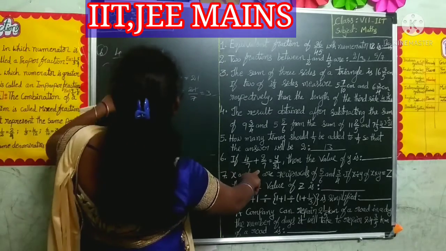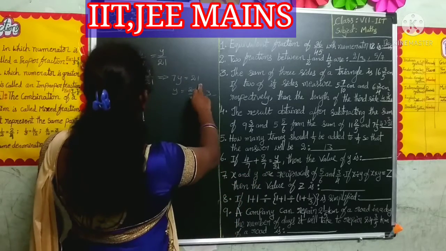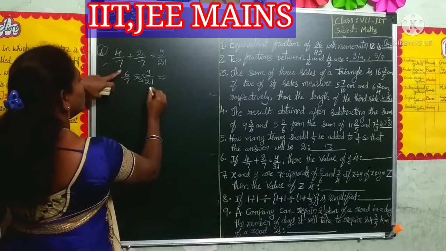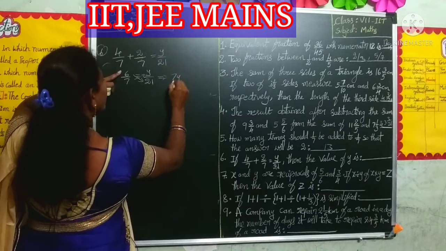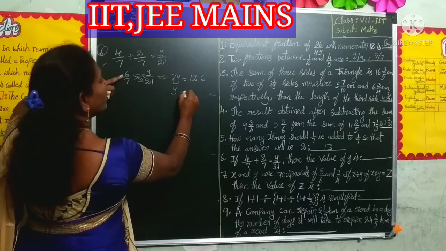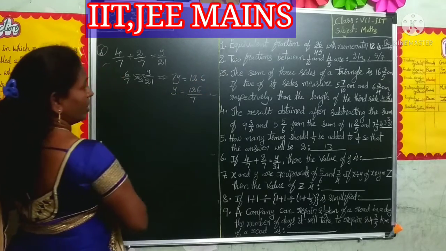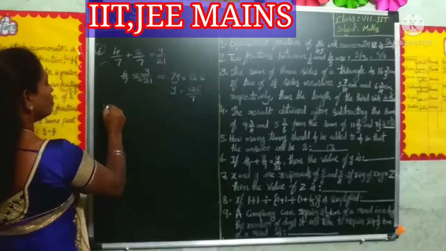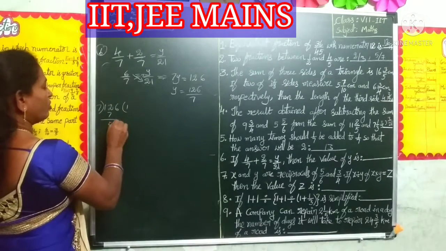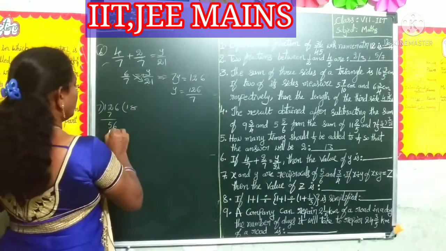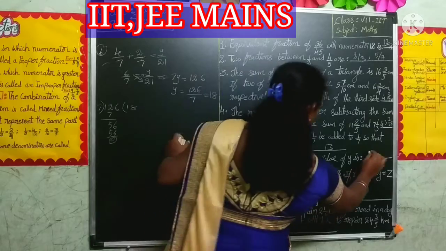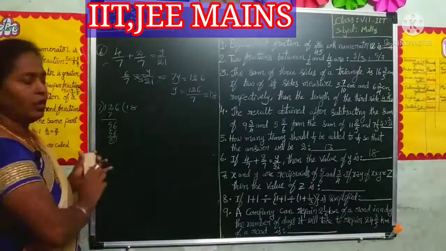6 by 7 equals y by 21, by cross multiplication. No, sorry, here what is that? 7y equal to 6 1s are 6, 6 2s are 12, so y equal to 126 by 7 by transposing. Okay, now do division. 7 here 1 time, 1 7 is 7, 5 left over, 56, 8 times, so 56 by 0. Here what is the answer? 18. Okay, here the y value is 18. Right? And next one.